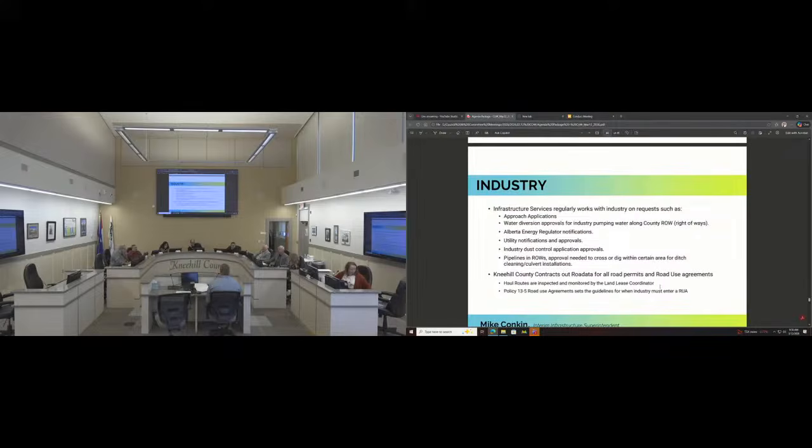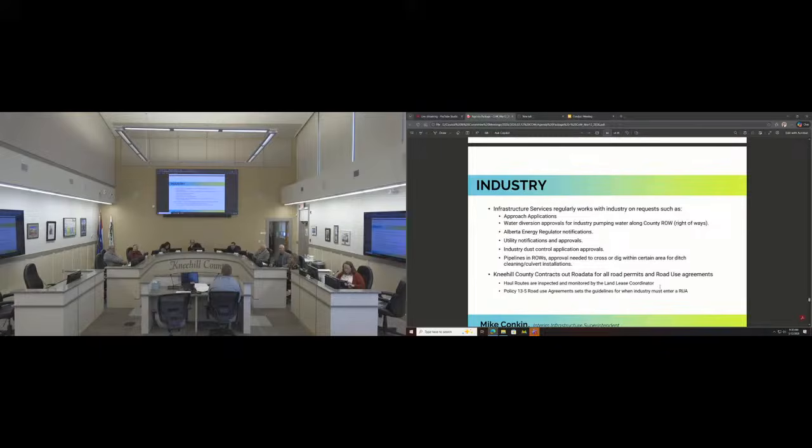So just some facts about industry. We have multiple requirements that require industry to apply for permits, approach applications, water lines, rig moves, all that stuff. Most of this is run through Road Data, which is a road permitting system that most municipalities in Alberta use. Virtually any of those companies would go on there, apply for a permit, and then we would approve or deny it once payment's received.